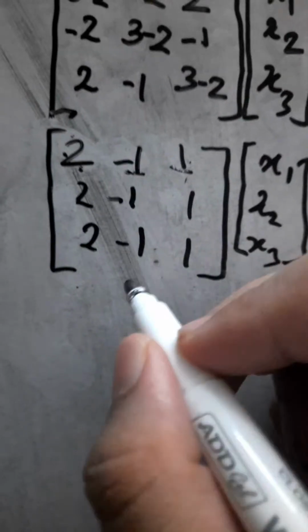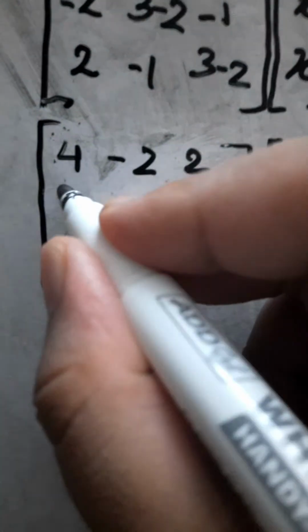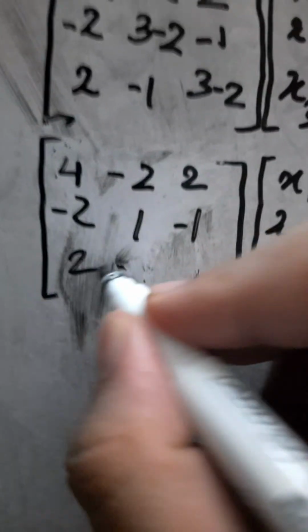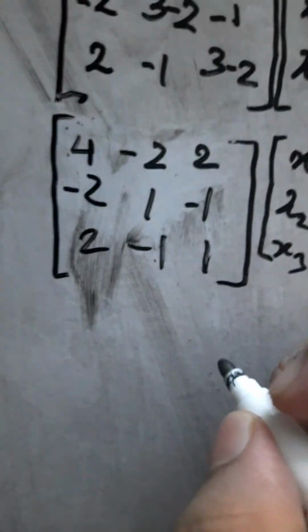2, minus 1, 1, okay. Sorry, where was I? It looks a little shabby, but it's alright. 6 minus 2 is 4, minus 2, 2 minus 2, 3 minus 2 is 1, minus 1, 2 minus 1, and 3 minus 2 is 1. So, in echelon form,